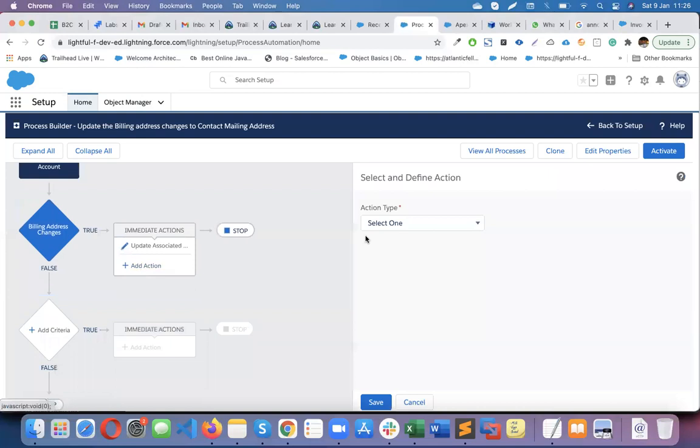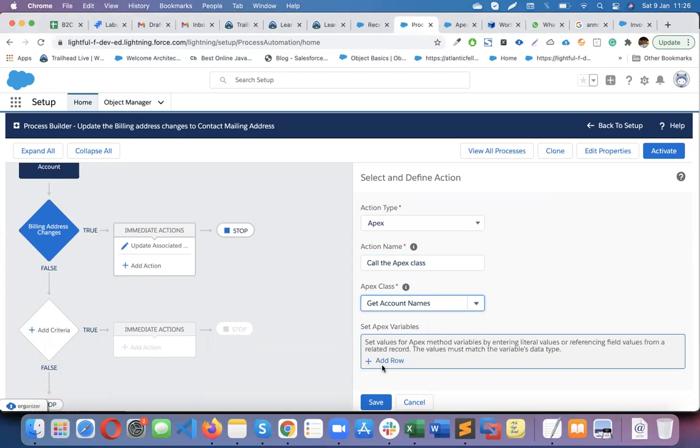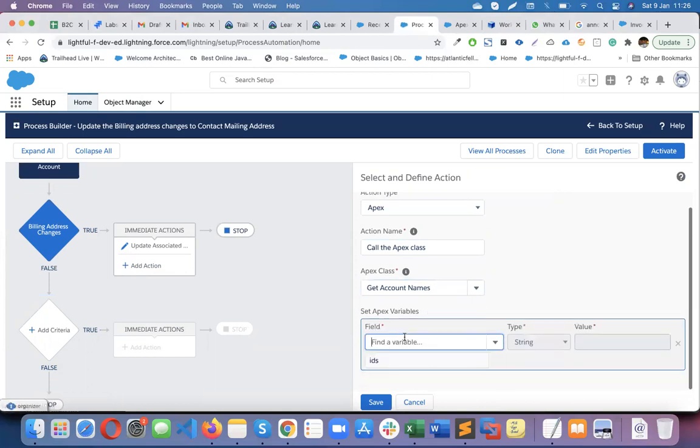Now, if I try to add one more action, Apex, call the Apex class. Here, simply you need to pass the parameter. You will get the ID. As soon as you pass the ID, this will return the account name.